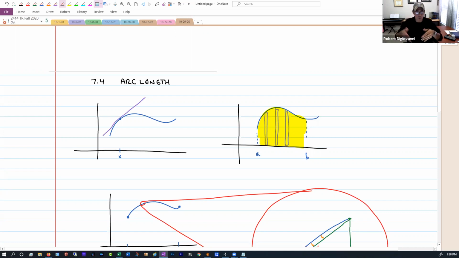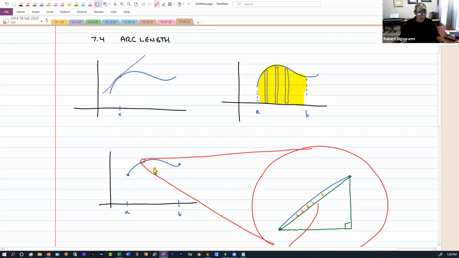How many rectangles were we putting in there? Infinite. An infinite number of them, right? Which meant they were getting more and more narrow, smaller and smaller and smaller. But it was like a limit, right? We were doing a limit, and then we were using the fundamental theorem of calculus. Same exact concept. But instead of drawing little rectangles and adding those all up, we want to draw little triangles